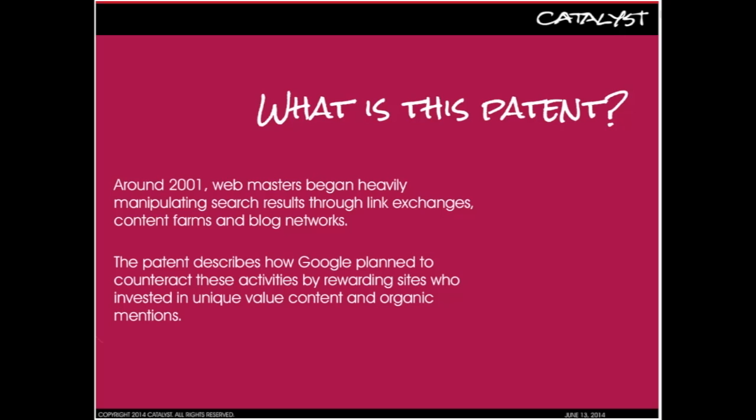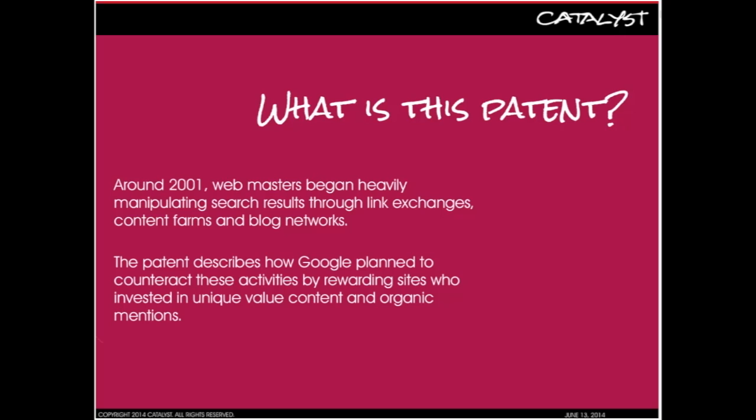So in 2001, we actually date back to where this all started, because in 2001, that's when webmasters, that was the term back in the day, really started to pick up on this SEO thing and started to manipulate the search engines through link exchanges, link buying, blog networks, content farms, etc. Now, there had been black hat SEO tactics before that, but they were mostly focused on keyword stuffing, hidden text, doorway pages. This new form of black hat SEO with the content farming was really manipulating Google's results.